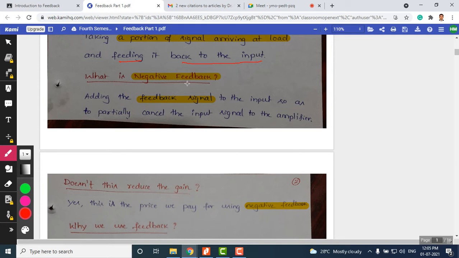Alternatively, we defined this in the oscillator circuit. Negative feedback means we are more interested in the phase of the feedback signal, which we call VF. If we observe the phase of the input, or source, signal, and these two are 180° out of phase, we call that type of feedback negative feedback. So this is the formal definition, but mathematically we can define negative feedback as there being a 180° phase shift between the feedback voltage and the source voltage. That is the definition.